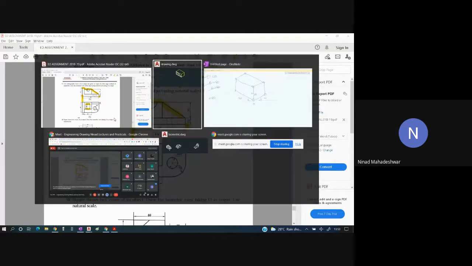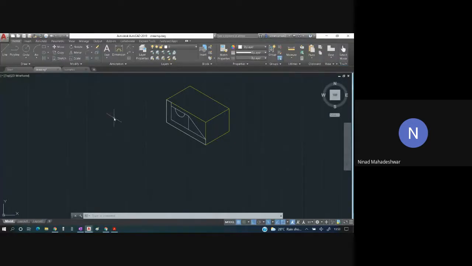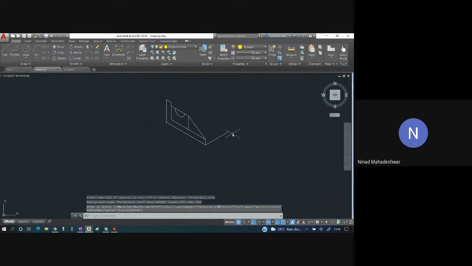After this, we are going to use the copy paste function. Now understand this part very carefully. From the line command, I'm going to click over here. I'm now going to extrude, or expand, this. Function F8, along the breadth side. How much is the breadth of this entire part? That is 60. Now understand this part very carefully. I have drawn the front view and I have drawn the entire breadth.